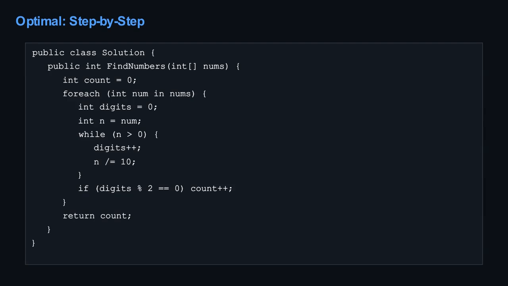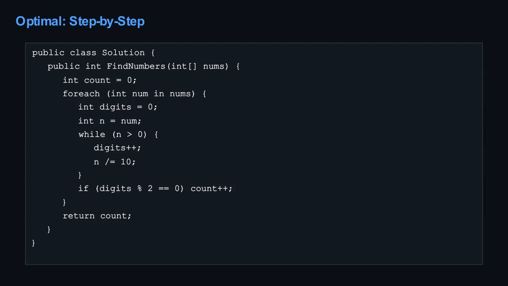Next, 345. Digits counter for this number starts at 0. After first division, it's 34, digits 1. After second, it's 3, digits 2. After third, it's 0, digits 3. 3 is odd, so total count remains 1. We skip 2 and 6 as they both have 1 digit. Finally,